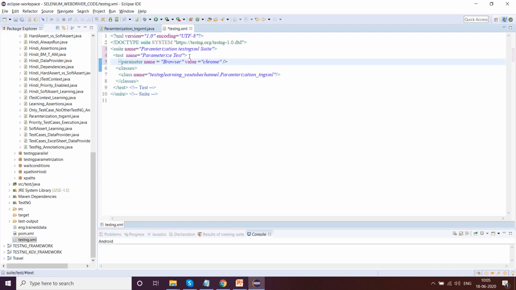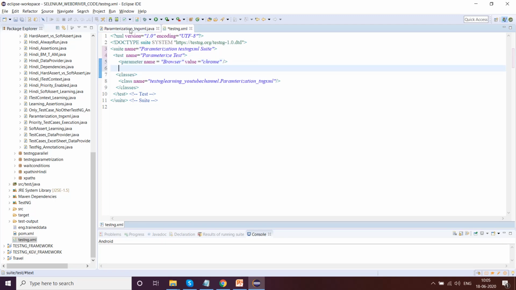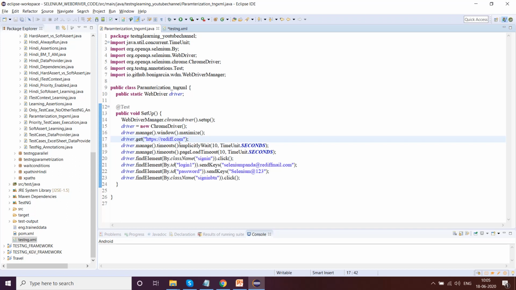tag. Okay, so what else do you think we can parameterize here? Let's say this particular thing, you see rediff.com, you don't want this to be actually displayed here. So this is nothing but this is a URL, right? This is a particular URL.